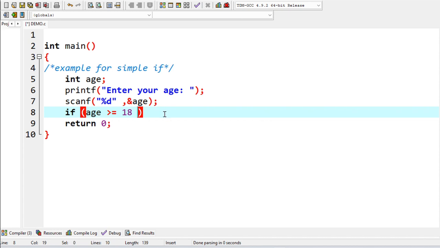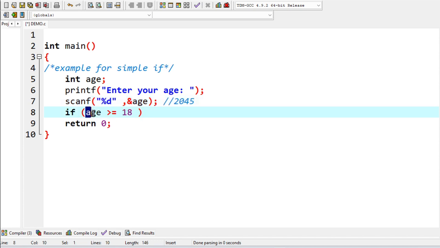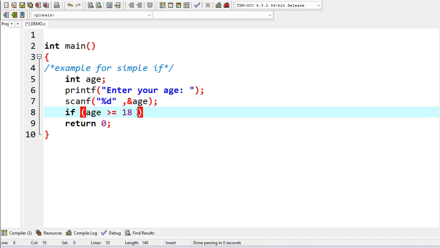now definitely we have to check for an upper limit also, or else if I give a value for age something like 2045, then it's still going to be true. 2045 greater than 18 is true, so that's definitely not logically right. So we can have an upper limit, assuming the maximum age of a living human being, we can consider 100 to